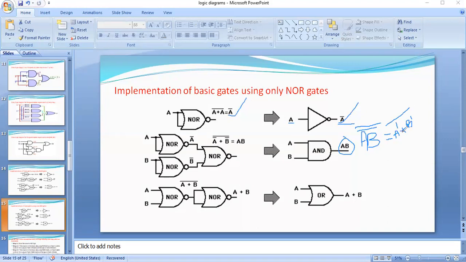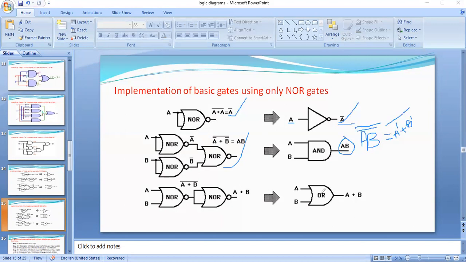See here, we have an OR function and we have a complement also, so we can implement this function using NOR gates. I can implement A bar using a NOR gate, and we can implement B bar using a NOR gate. After that, these two terms have an OR operation and complement, meaning we can use a NOR gate. So both the outputs are equal. And next, the OR gate using NOR gates.